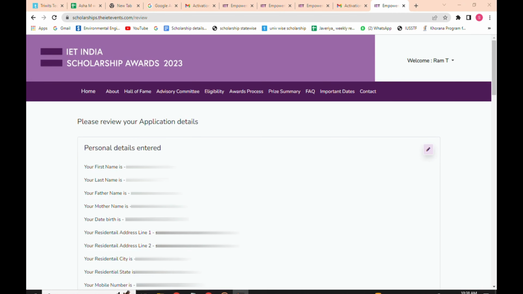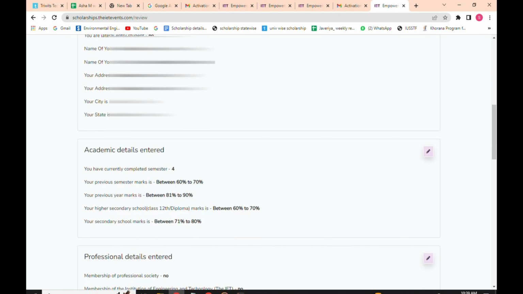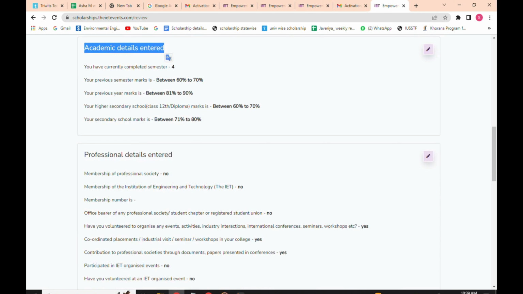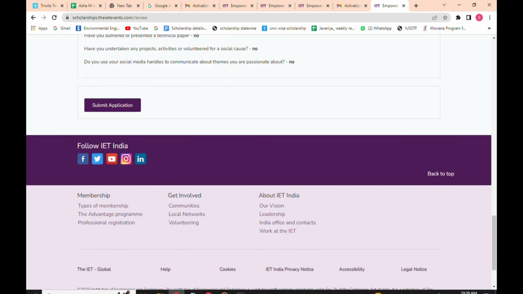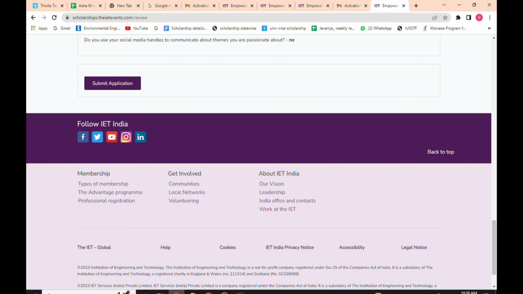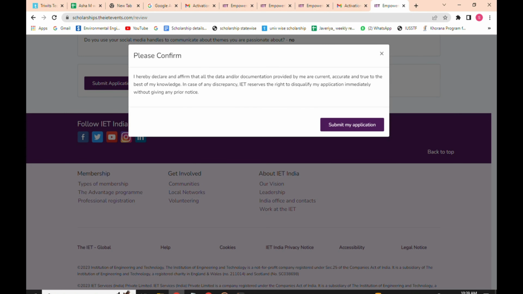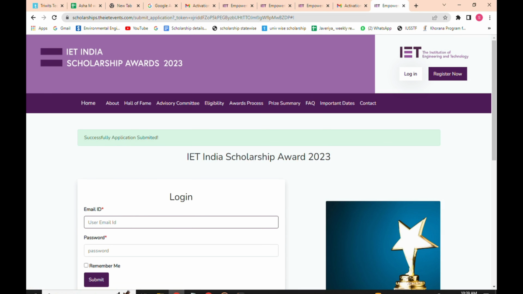Click on the submit button and you can review your application, the details which you have filled. Check all the details carefully which you have filled in the 4 different forms. If any corrections are required, you will find an edit button at the right corner. You can edit the information. Please give the relevant information about the application. Then click on the submit application button. There you will find a pop-up message which will give you a confirmation about the application process. Here you are done with your application process.